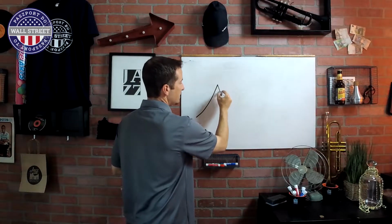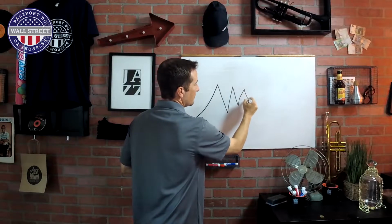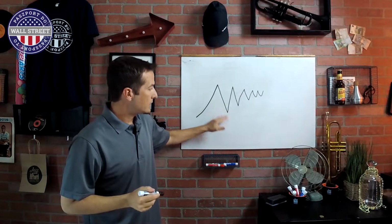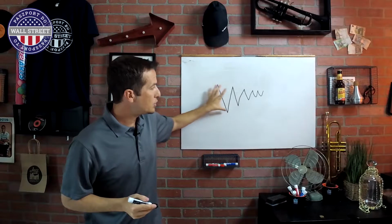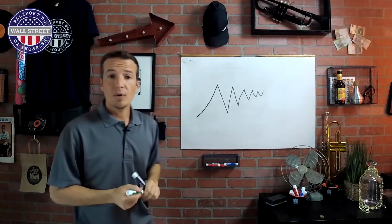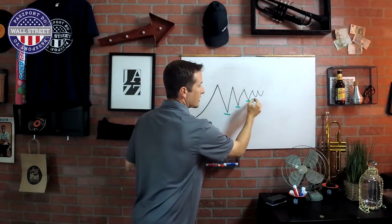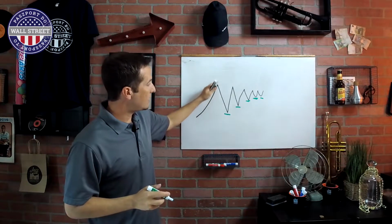It moved to some point, and then it started moving sideways, but you notice this happens, right? Where the drops, right? Every time it sells off, the sellers are not putting as much pressure on the stock as the time before, and the time before, and the time before. So what's happening is everyone that wants out has decided that they're gone, right? They've already made their exit, and that's the best type of breakout